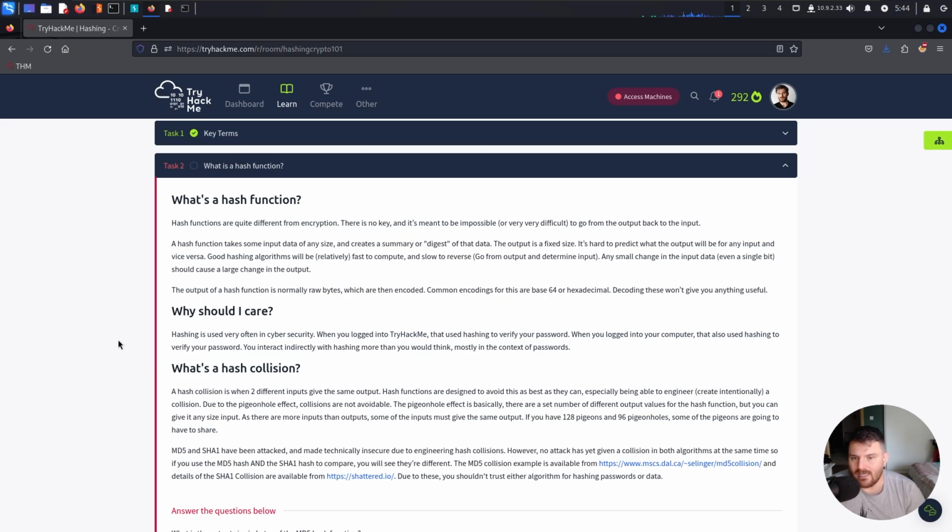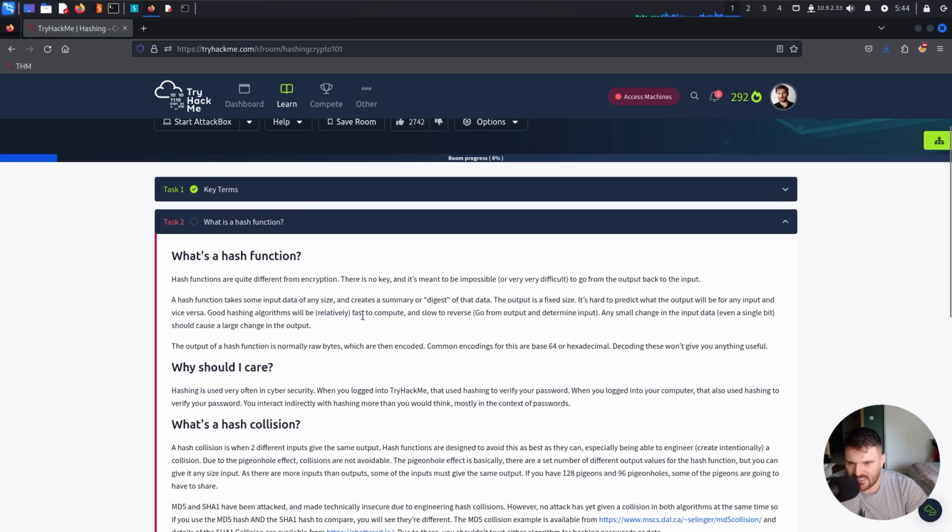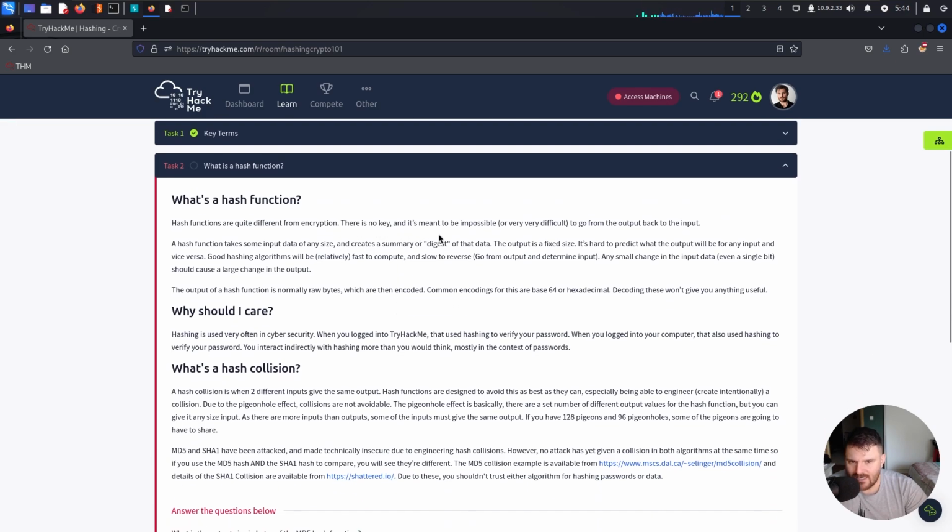There is no key. In a hash, there is no key. In an encryption, there is a key. You saw that again yesterday. Go back to task number 1 and you will see an example. There is no key and it's meant to be impossible or very, very difficult to go from the output back